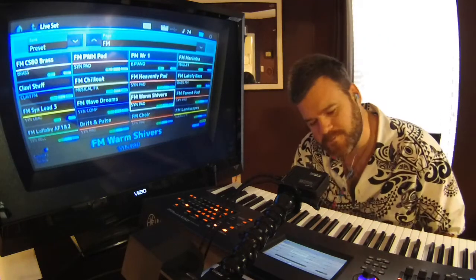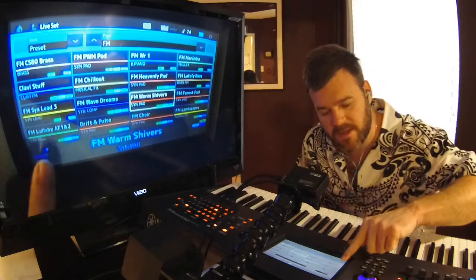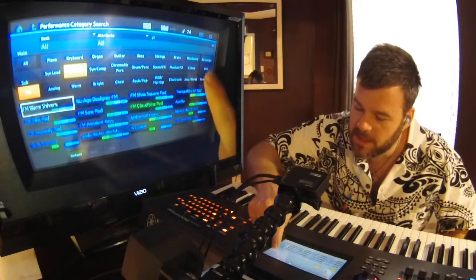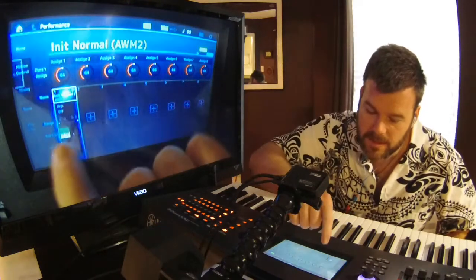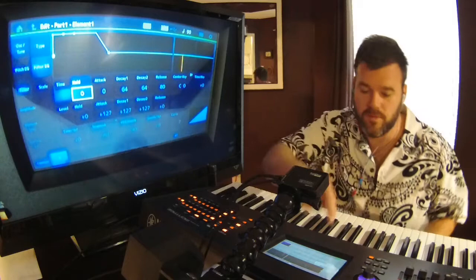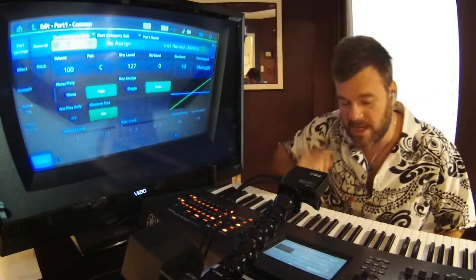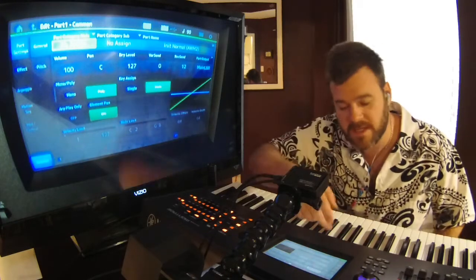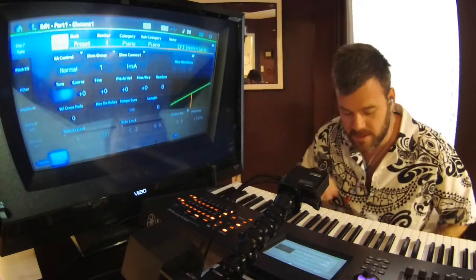So we're going to start out with an init patch. So come down here and hit category search, init, AWM2, back, hit your name button there, edit, and we are right where we need to be. You see we might land on the common page. If that's the case, then just click on the 1 down here and hit that, and you'll see that we have a